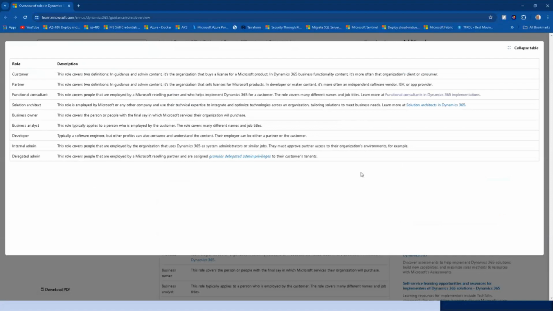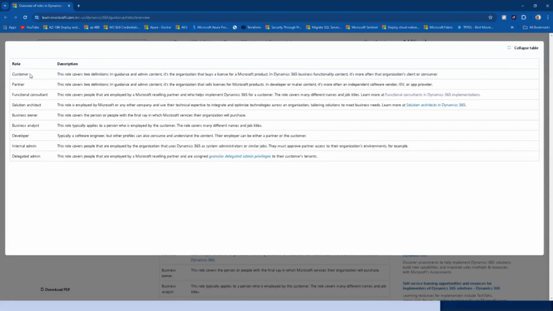So we can see. Now, if you look at the different roles that we have here, you can see it talks about the roles and it talks about the descriptions, right? So the customer, now in this place, it's talking about the customer. The customer is somebody like an organization who needs to use the finance and operation application,